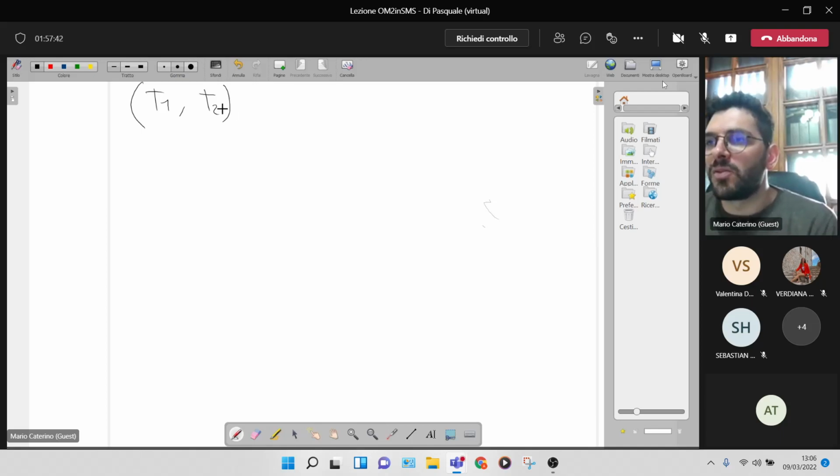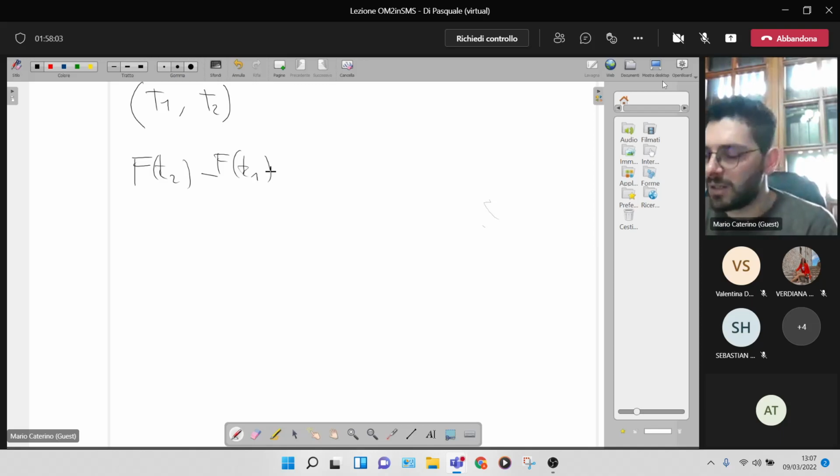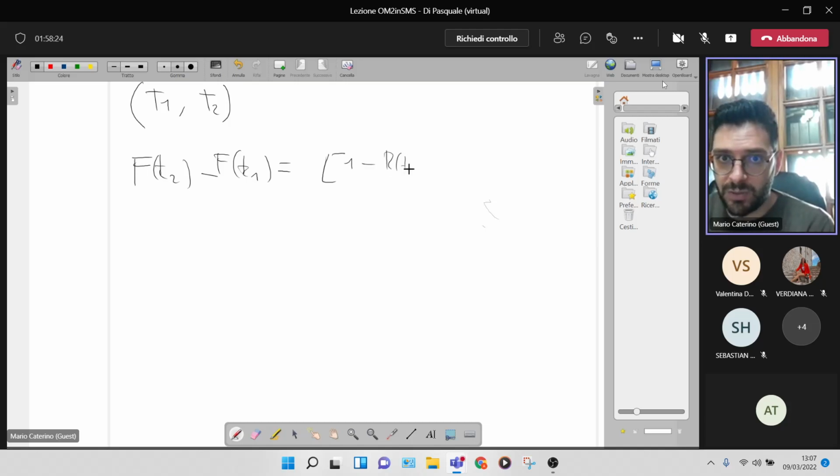For what we said about reliability and unreliability, we can say that this failure probability is equal to F of T2 minus F of T1, and it is also equal to 1 minus R of T2